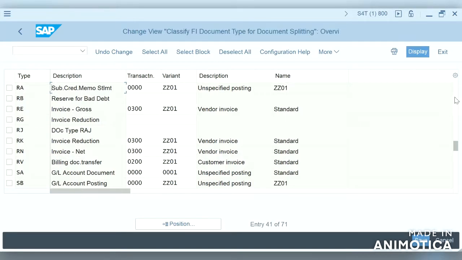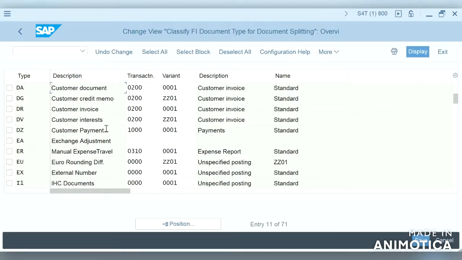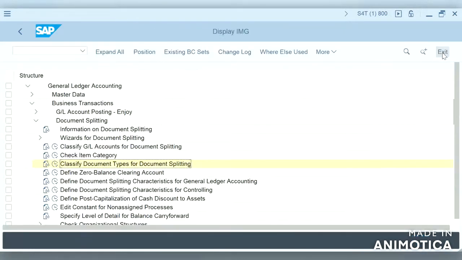If we want to check and see, let us check one. So there are no details inside this selection. Just business transaction and business transaction variant is configured here. So moving on to the next step, zero balance clearing account.